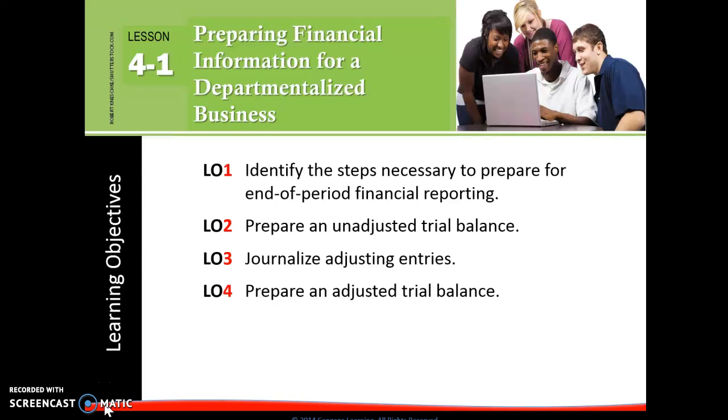Okay, Chapter 4, 4.1, Preparing Financial Information for a Departmentalized Business. We have 4 objectives. You need to be able to identify the steps necessary to prepare for end-of-period financial reporting. You need to be able to prepare an unadjusted trial balance. You need to be able to journalize adjusting entries, and you need to be able to prepare an adjusted trial